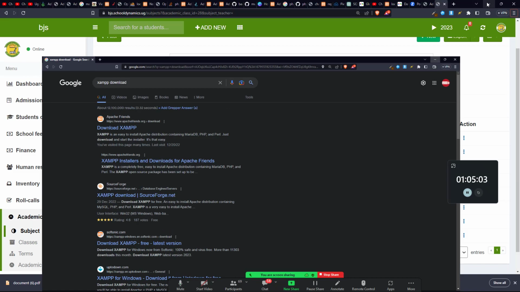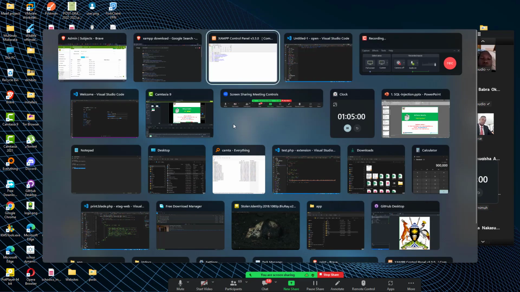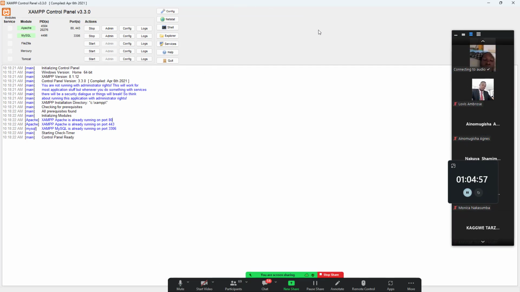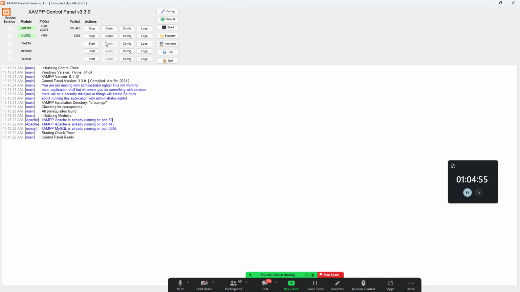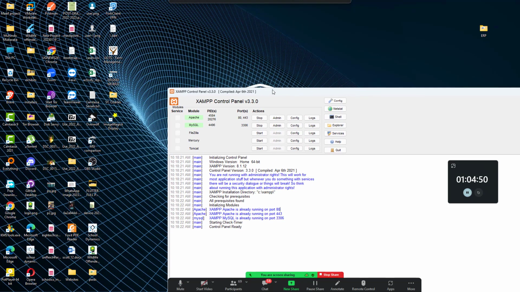So after successful installation of XAMPP, the next thing is to start the services. There are two main services that you need to start. Once you open the XAMPP, it will look like this. The first service is Apache, and the second service is MySQL. Apache is the engine that will help us to run PHP, and MySQL is the database software. Once you have those two running, it means that you have successfully set up your environment